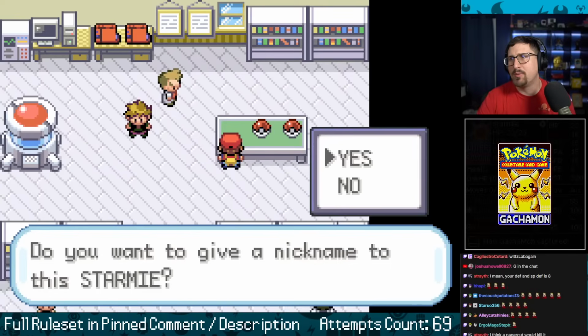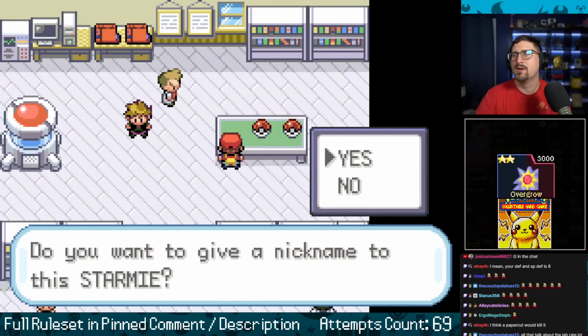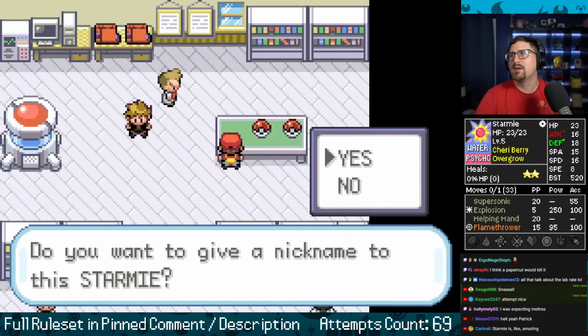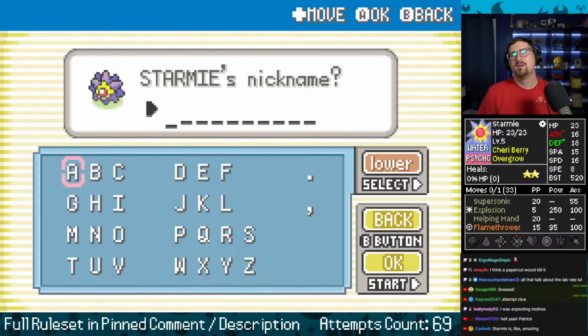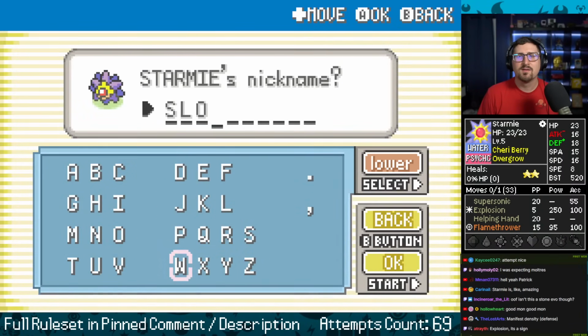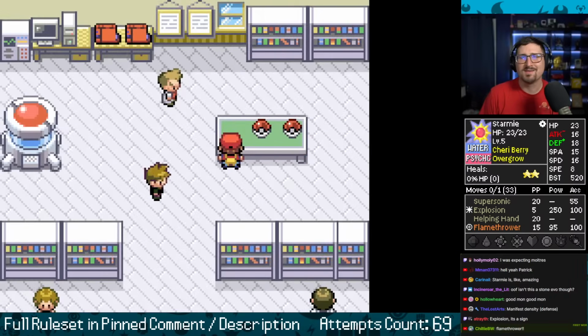It's only Flamethrower, but no, this is fine. This is a good Mon. Well, okay, I shouldn't say it's good. The stats aren't crazy. But oh, and it's got horrible speed. Uh-oh. No, this is not a keeper. This is a Slowpoke. That's terrible.